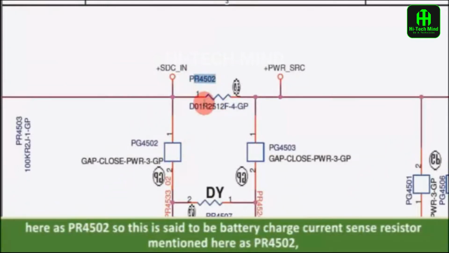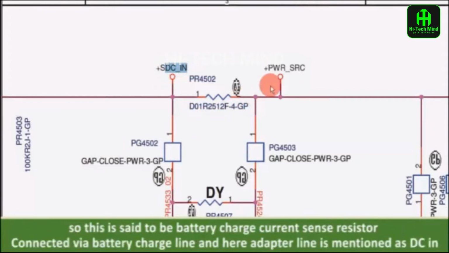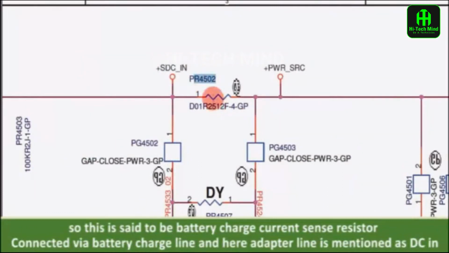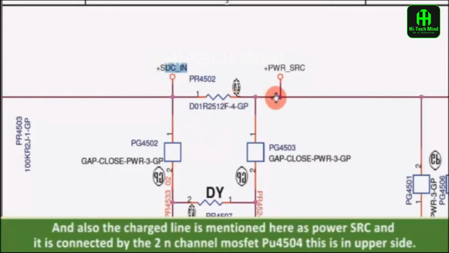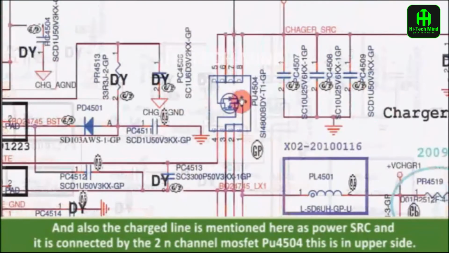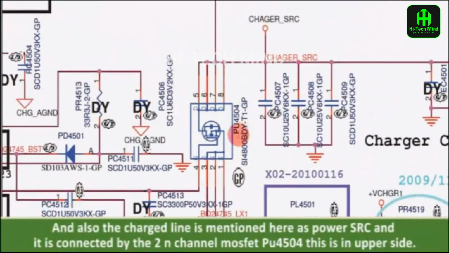So this is the battery charge current sense resistor, connected via the battery charge line, and here the adapter line is marked as DC in, and the charged line is marked here as power SOC, and it is connected by the 2 N-channel MOSFETs